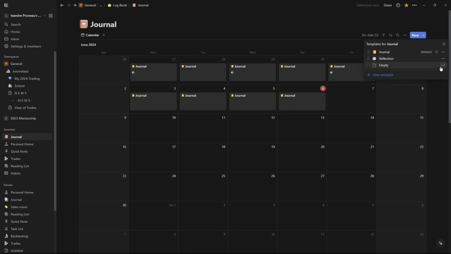Those are both my templates, and this is the original one, which is always empty. I can't delete it. But reflection is usually on the weekends, and journals, like for trading, will usually have a picture section where I can add a picture of my paper journals, which I'll show an example of. But if I go to the journal and I want to do